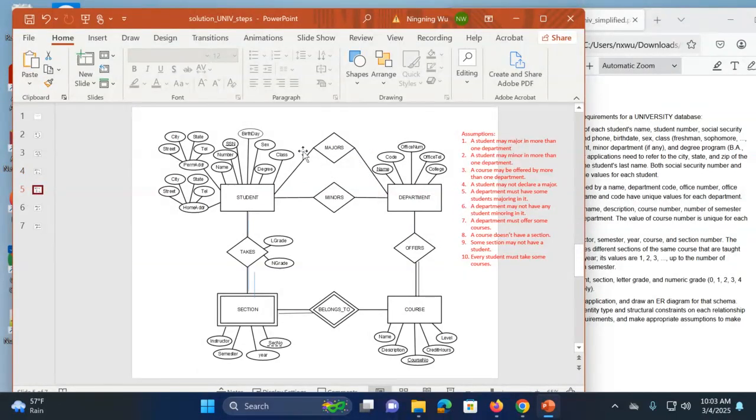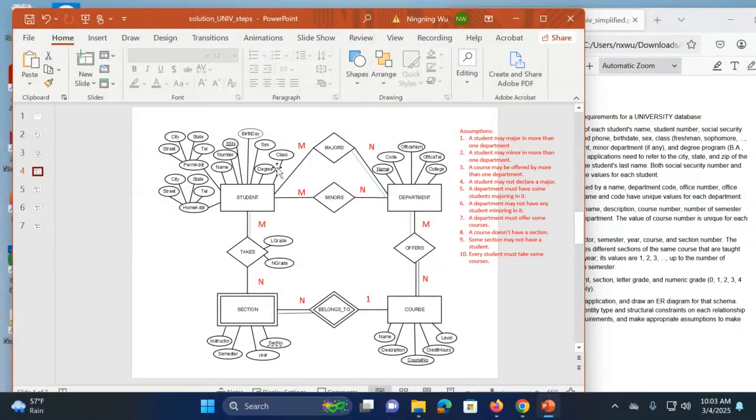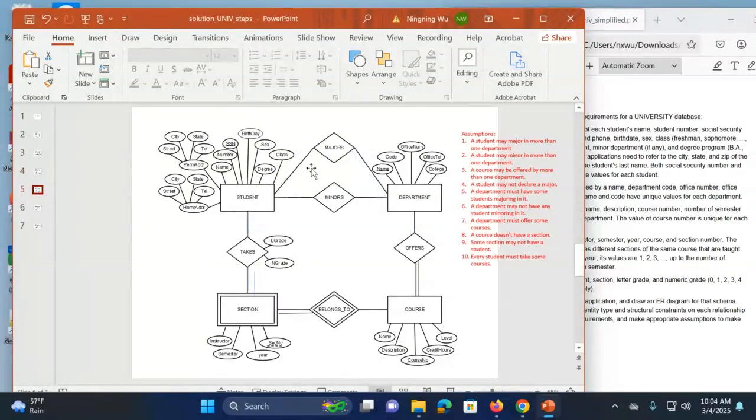So I think our assumption that a student may major in more than one, I think was, yeah, but a student may not have any major. So I think maybe it's easier for us to, I have to reference back and forth. So our assumption that a student may not declare a major. So that means that the minimum number of the relationship instance